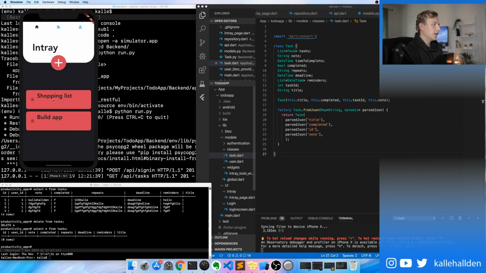What we did was essentially get some stuff from the database, so get the notes that this user has already added from the database and then display it within the app. So that is what we're seeing here. We're seeing shopping list and then build app. So those are two tasks that exist within our